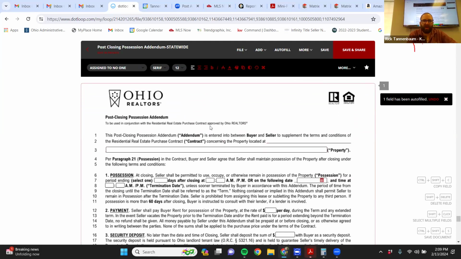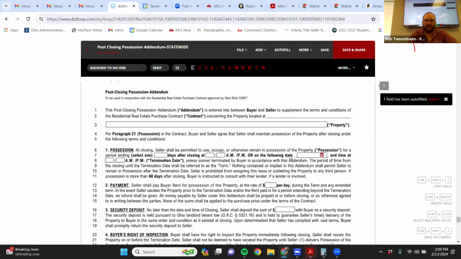Xavier, you had asked about the other document. It's called Post-Closing Possession Addendum Statewide. That's the name of the addendum that we would use if the seller is going to stay in the property after closing. Okay, so to fill this form out,